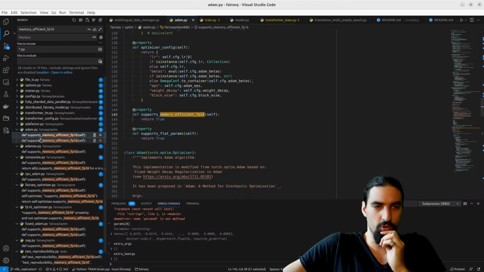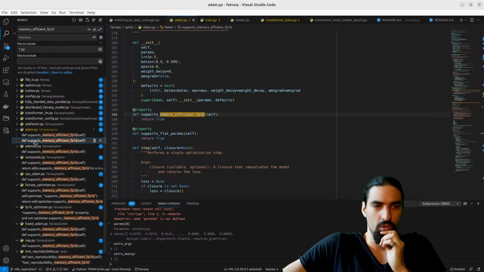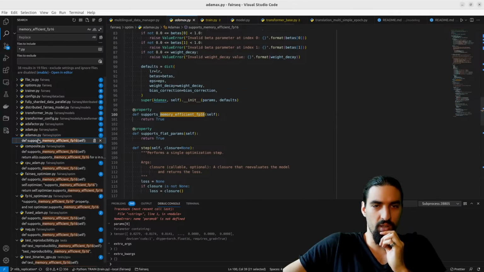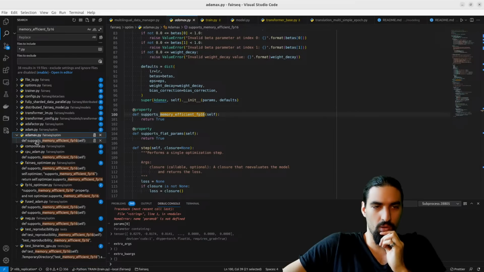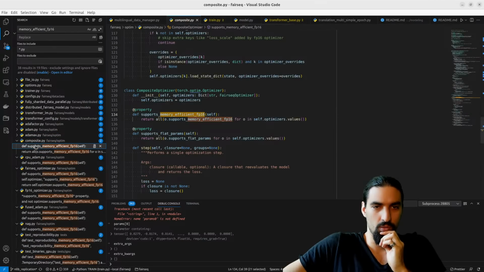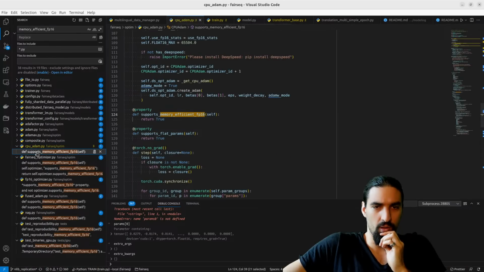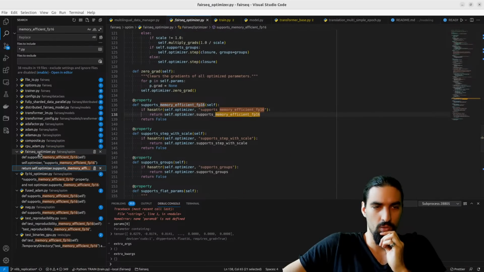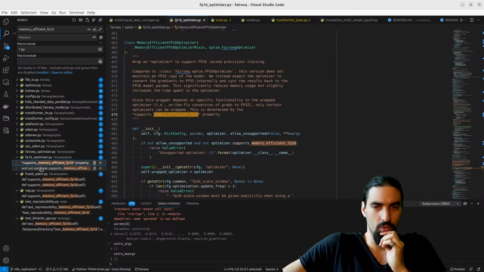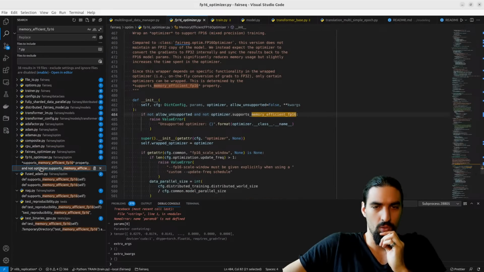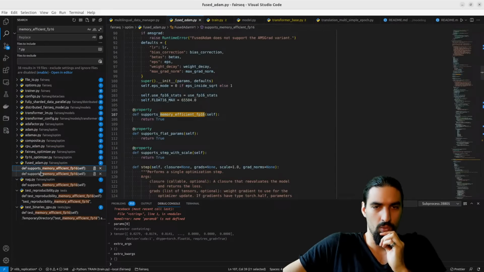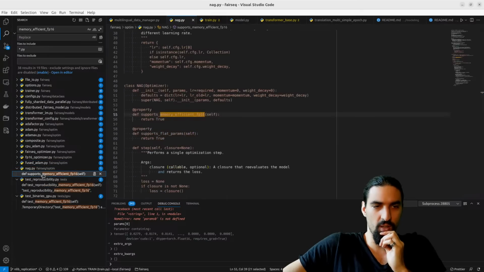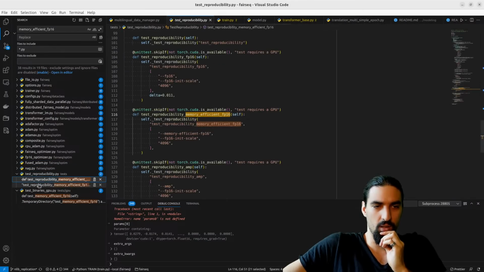Adam supports it. AdamX also. Composite. Adam CPU. Fused Adam. Nag.